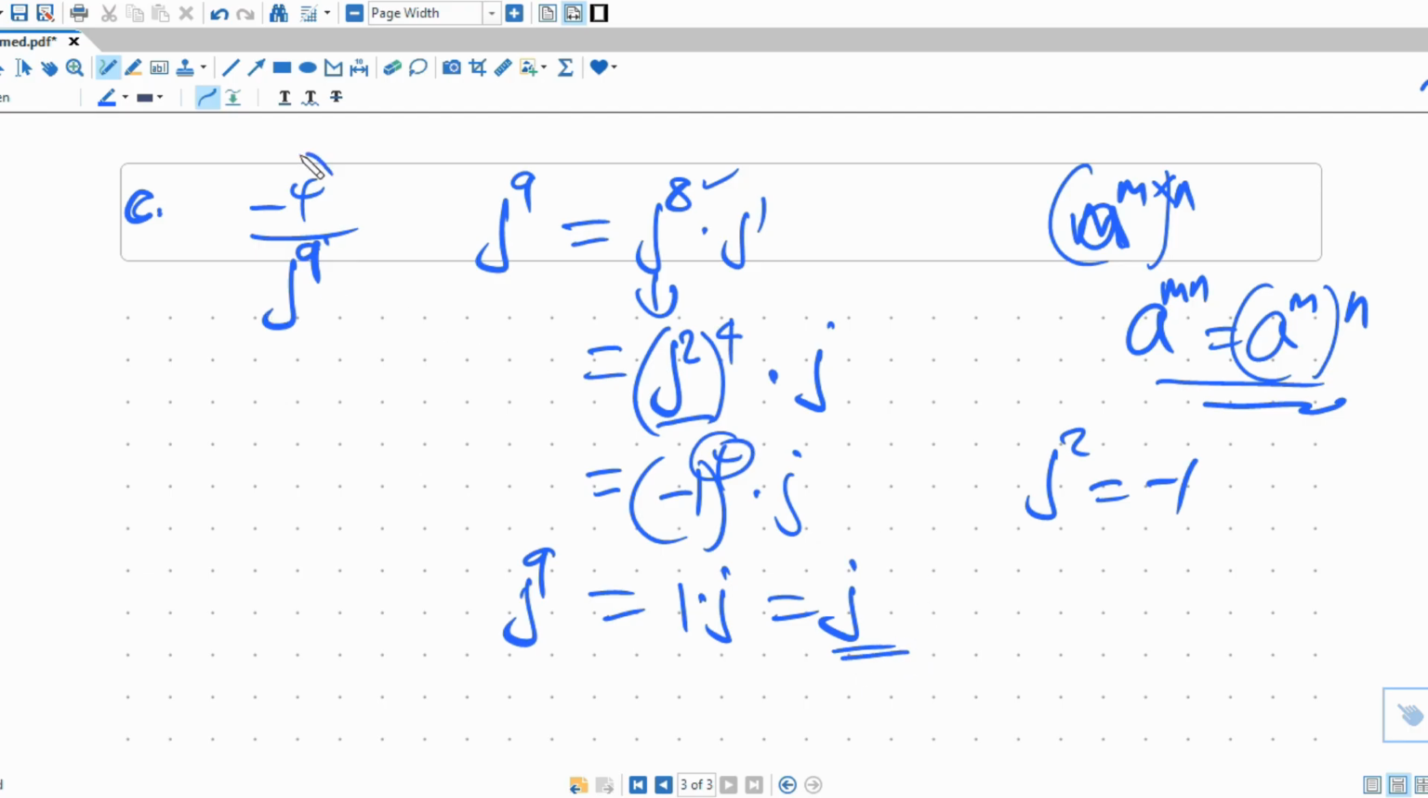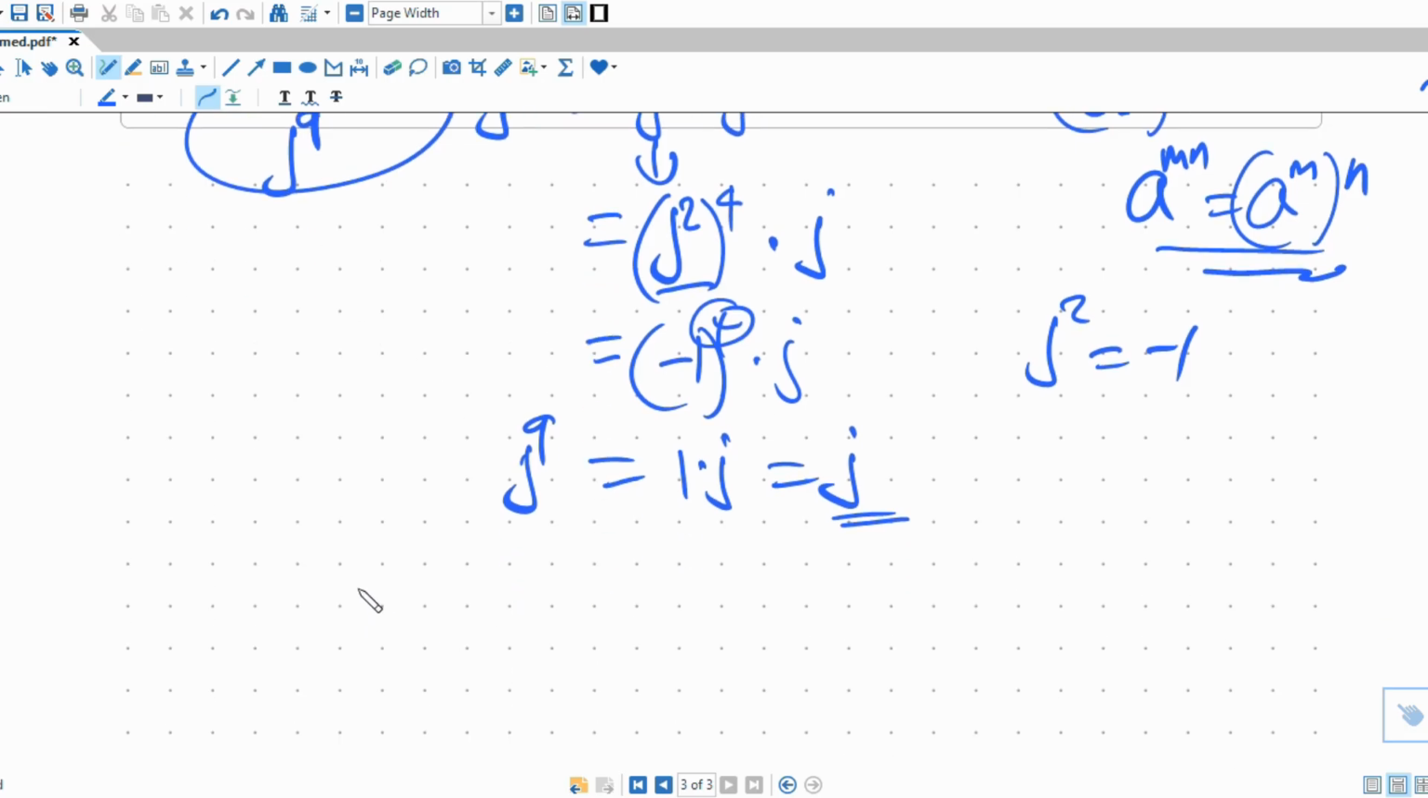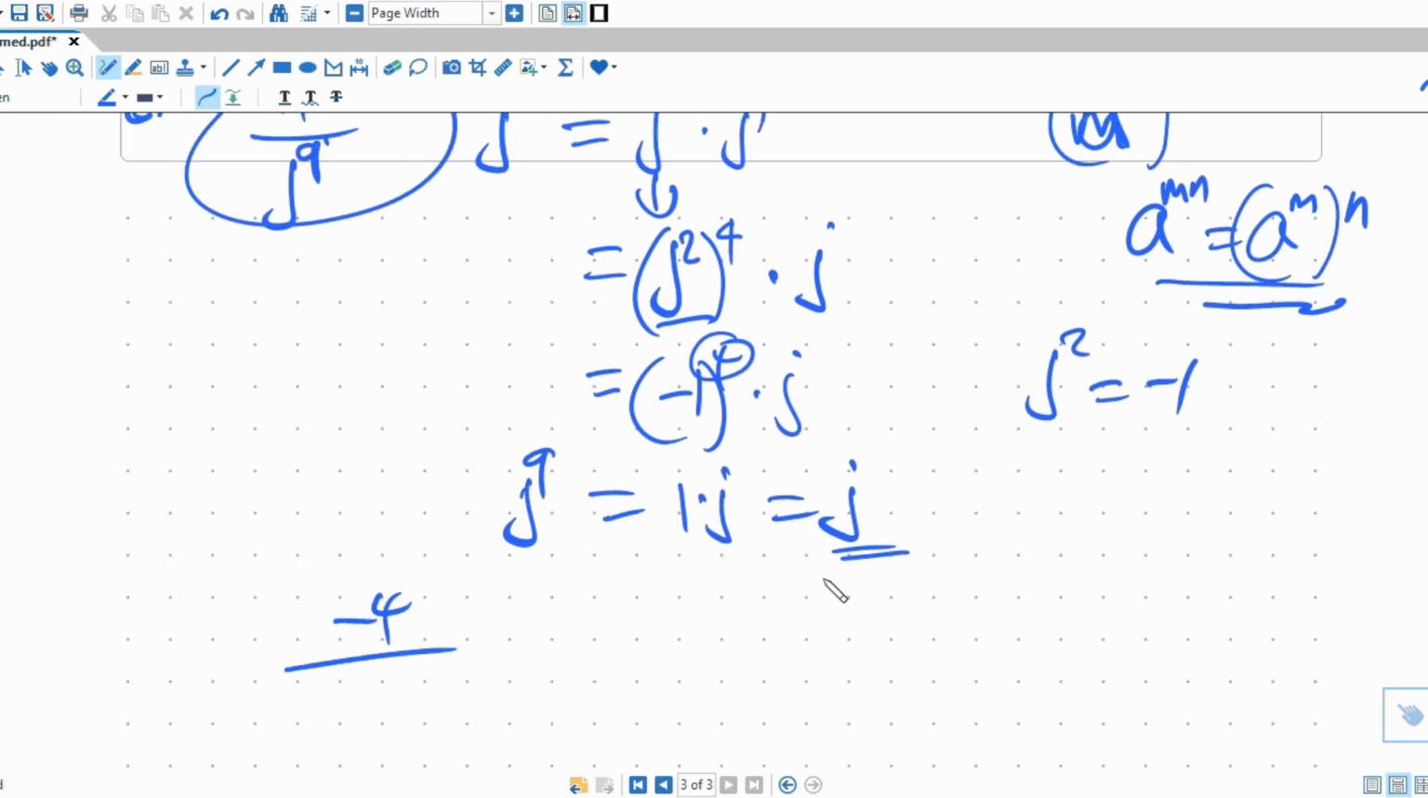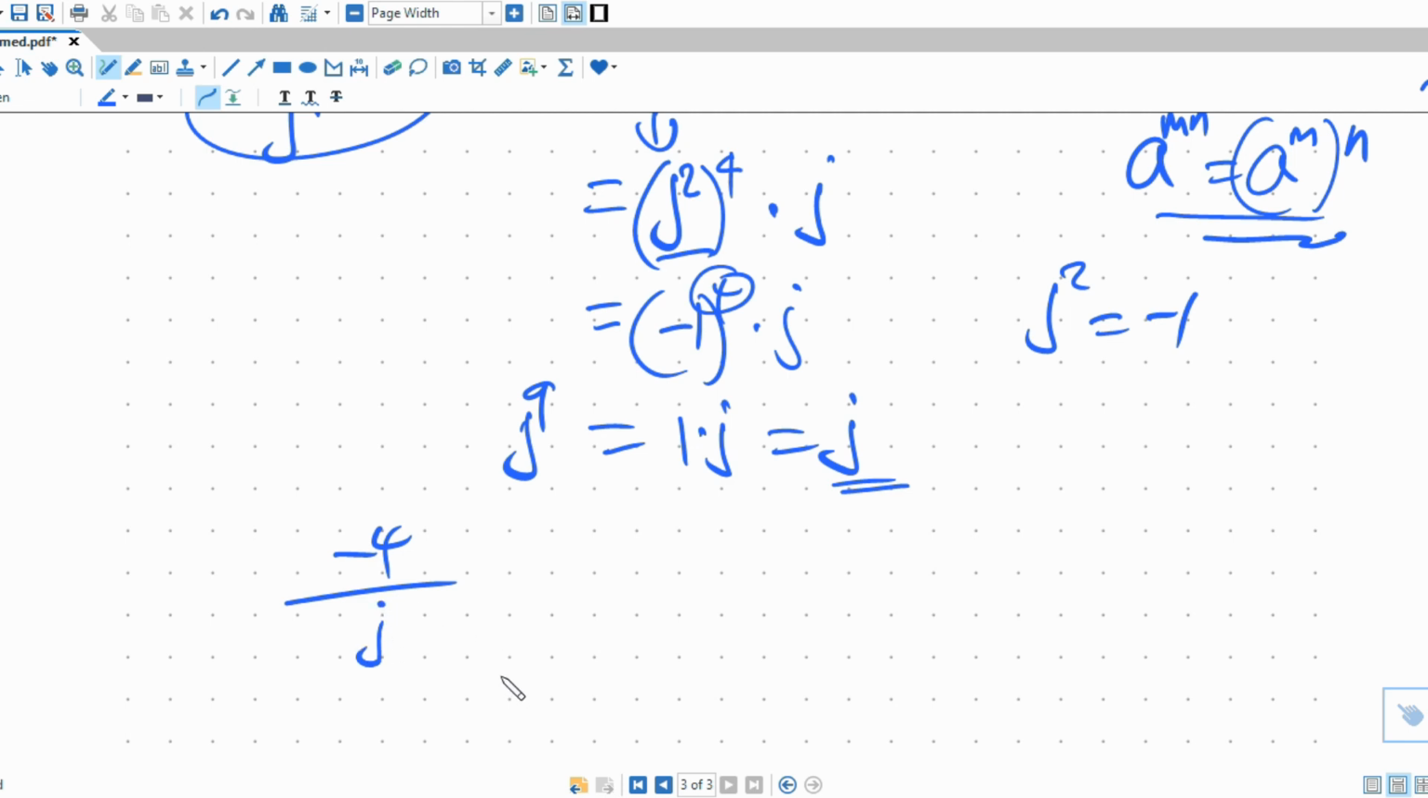But from the original question here, we are told to evaluate -4 over j raised to 9, which is just j. From here, we don't leave our answer at this point, but we multiply this one by the conjugate. The conjugate, remember, as used in radicals. So we shall multiply by the conjugate of j. Since j here is positive, we shall multiply by -j over -j, which becomes -4 times -j here becomes 4j,